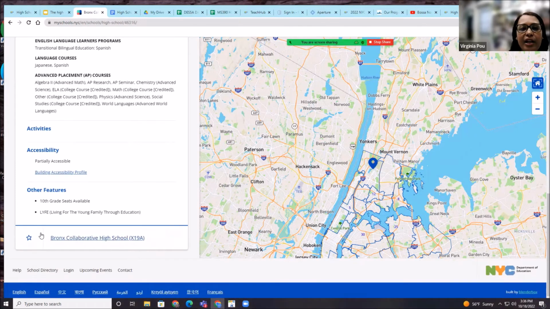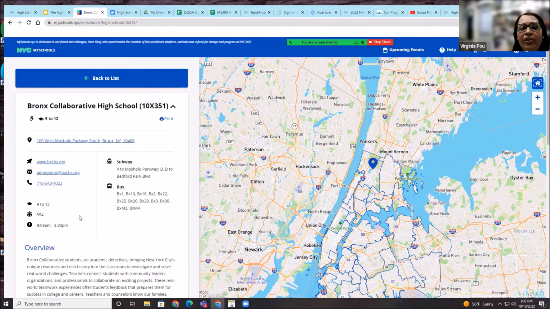And last but not least, they talk to you about the school program. Let's say you're interested in this school. Once you create your account, you can save the school by clicking the star. If you click the star, it's going to become blue, and automatically that school is going to end up in your favorites folder. So all the schools that you are interested in to put your application together are going to be in that favorites folder, which you're going to see right on the same screen that you are seeing right now,